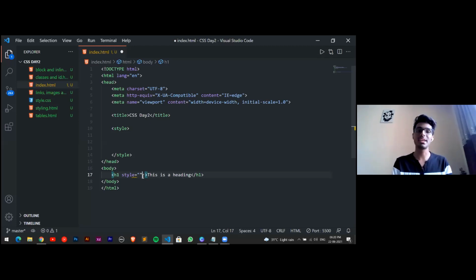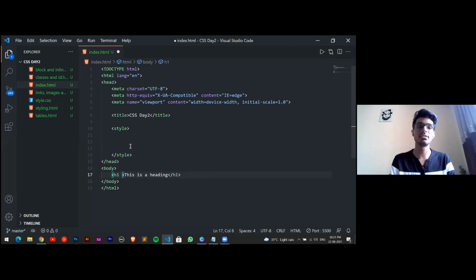This is used just in case there is a lot of styling we have written in our CSS and we need to deliver the web page on an urgent basis, so we don't have the time to find the style.css, the element we need to style. For that extreme case, we use this. Otherwise, we don't. It is not a good practice to use the inline styling method, or the internal styling method.